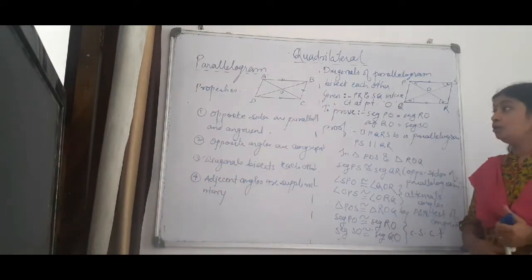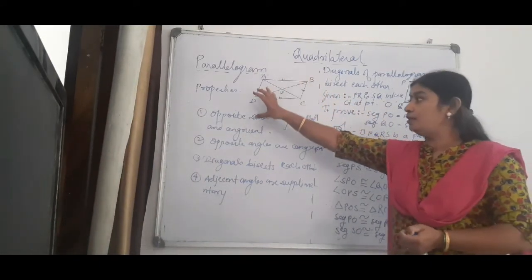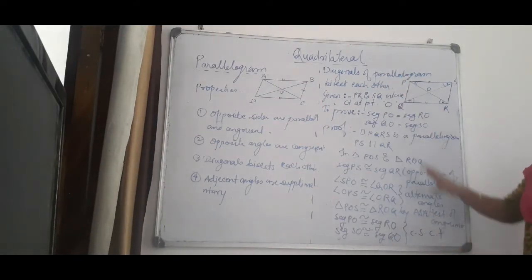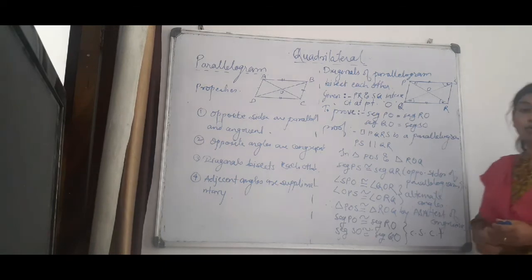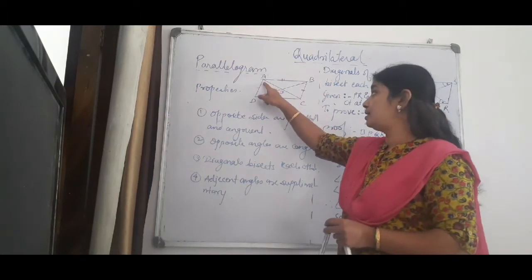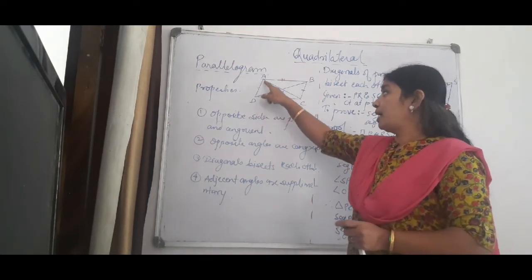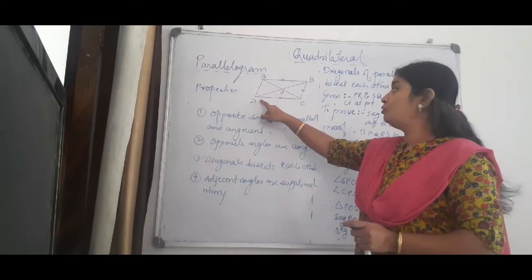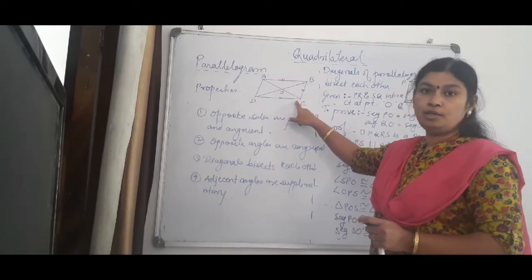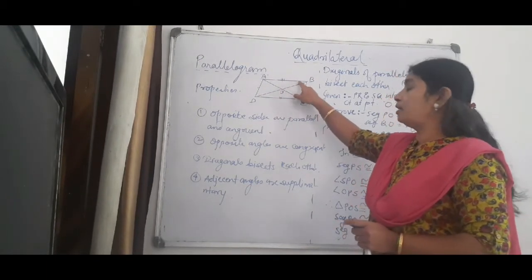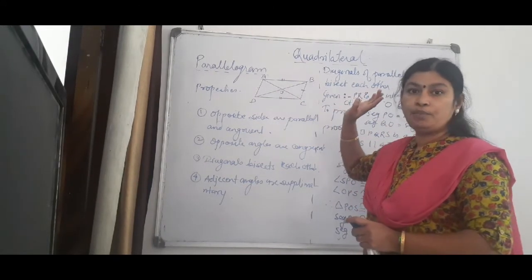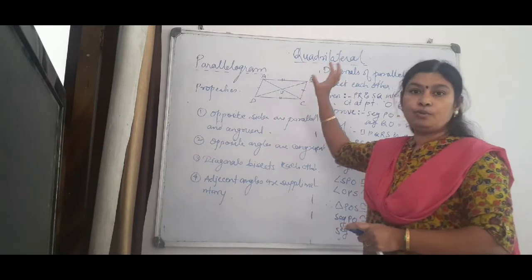Now see here, draw the figure, write down the definition and properties, and then write down the theorem which is given in your textbook. Now see here, which type of problems depend on the properties. If angle A is 60, you have to find out angle D. Angle A is 60 means angle D is how much? 120, because sum is 180. Now angle A is 60 means angle C is also 60. Now angle D is 120, therefore angle B is also 120. Now if sides are given, you have to find out the perimeter. If perimeter is given, you have to find out the sides.